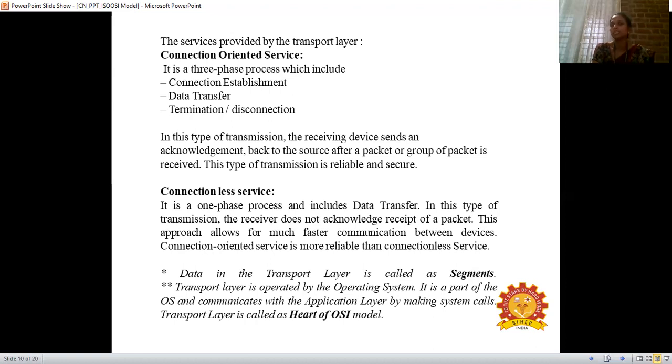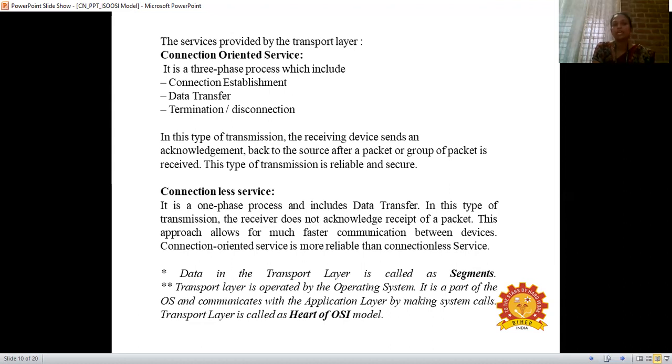The postman sends a mail from one side to the other side, so the data received by the receiver is very secure. But with the pigeon, that is wireless communication, the sender doesn't know for sure whether the data has reached the receiver safely or not. That is connectionless service. So this is the best example for connection-oriented service and connectionless service.